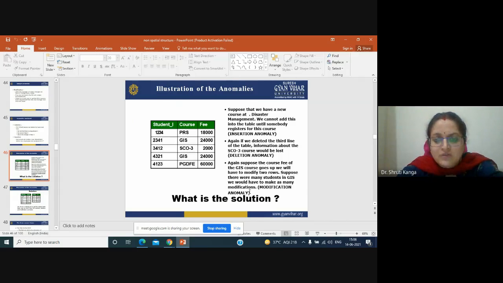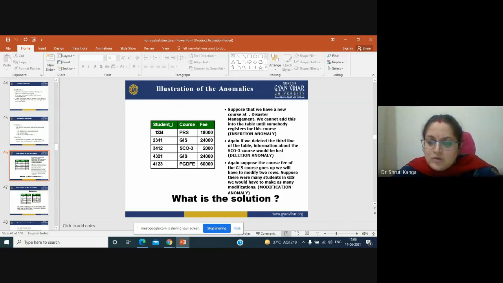So, an illustration of anomalies. Suppose we have a new course called disaster management. We cannot add it into this table until somebody registers for this course. Again, if we delete the third line of the table, the information of the SCO3 course would be lost.